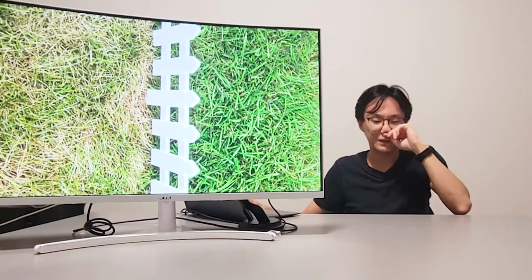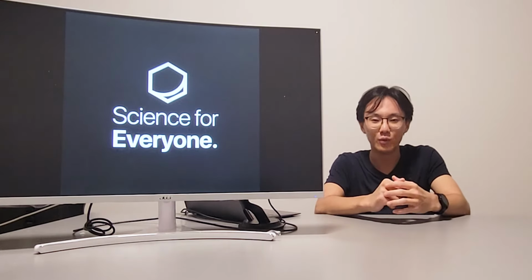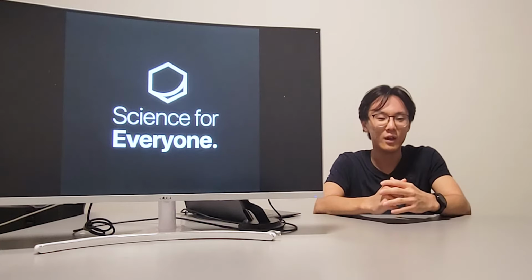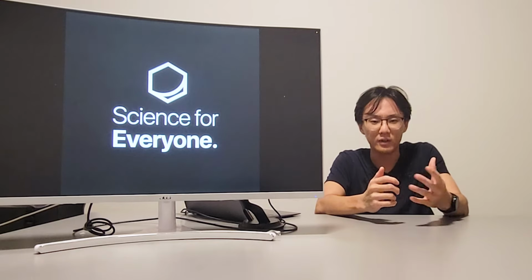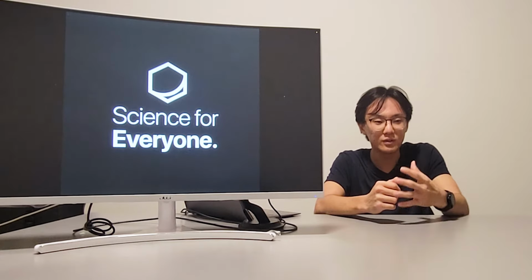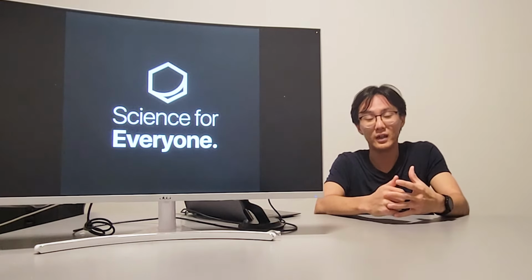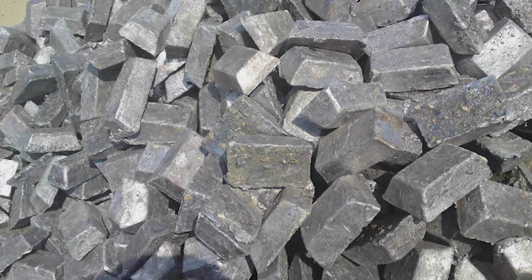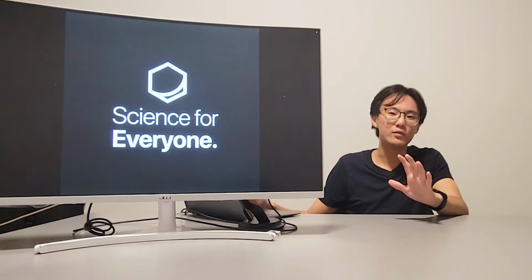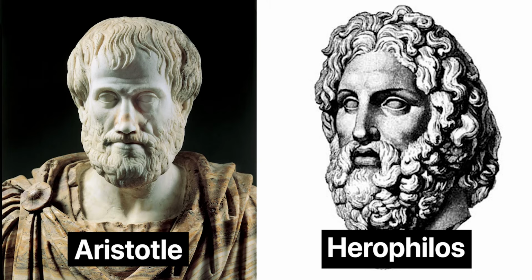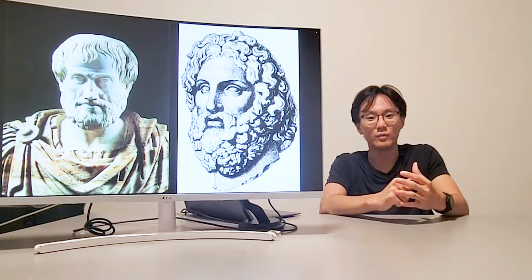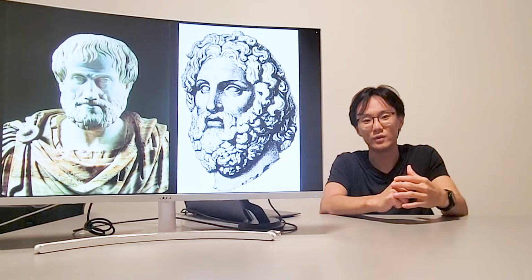Now, the scientific method comes from, let's say, humble origins. And believe it or not, there was once a time where science was actually based not purely, but generally on the principles of subjectivity and bias, which sounds very odd and hard to believe. In fact, you could use enough assertion to prove to someone, or at least convince someone, that you could even turn lead into gold. But in around 300 BC, a lot of people point towards Aristotle and Herophilus as the starts or the origins of what we call the scientific method, which is where we started introducing more objectivity and less bias in the ways we were conducting research.